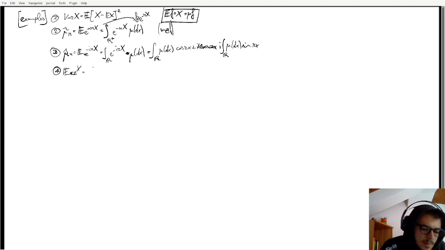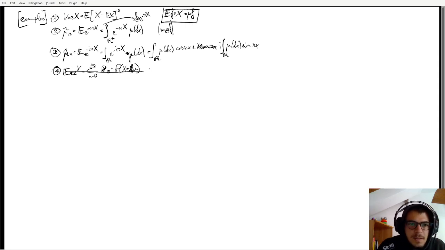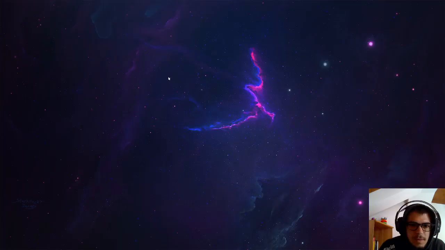This is the infinite sum from 0 of z to the n, probability that x is equal to n. Let's repeat it. The expectation z to the x is the infinite sum from